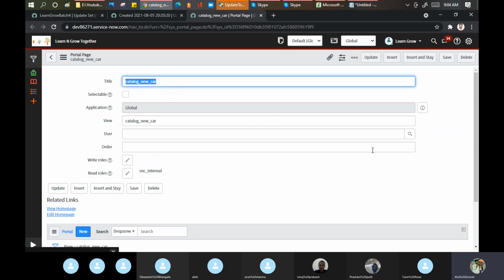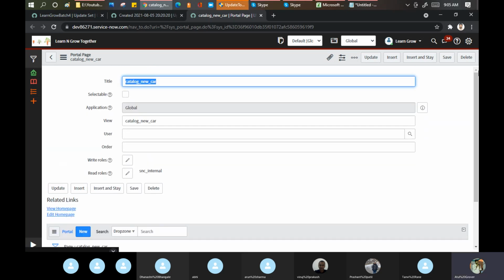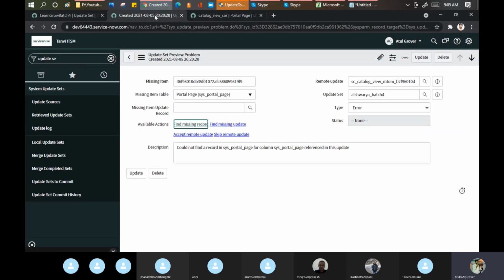So this is the missing one. Now if this is missing, it means either this is not added into the update set. Maybe the reason can be that she created a new portal page. Wow, you created a new portal page, Aishwarya. That's fine. That is the first point she can do.